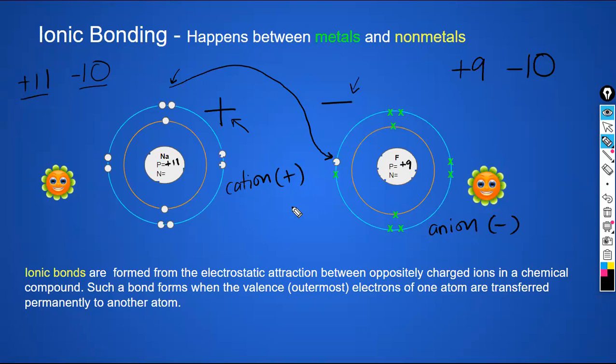What do you know about positive and negative? Opposite charges attract, because they had an agreement about exchanging electrons. They are now charged. The positive will be attracted to the negative. So the sodium is locked with the fluorine now because the opposite charges attract. Both of them lock into each other. You call this type of bonding ionic bonding, but it only happens between metals and non-metals. Sodium is a metal and fluorine is a non-metal,